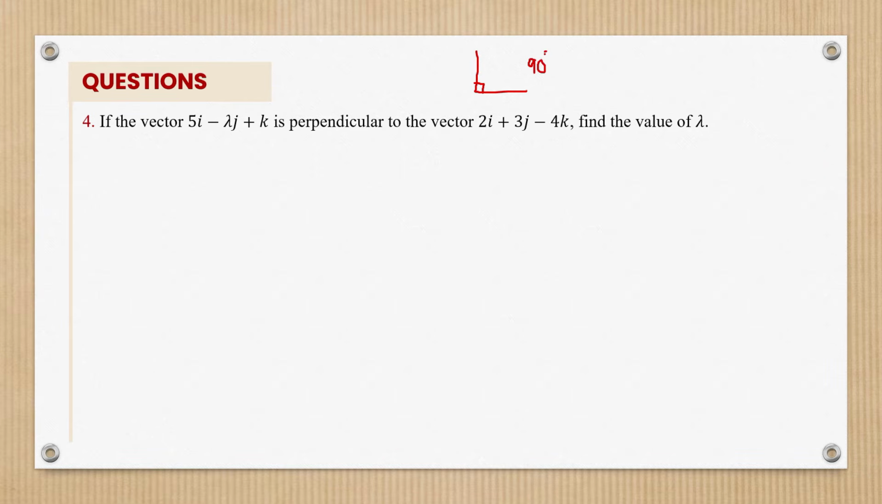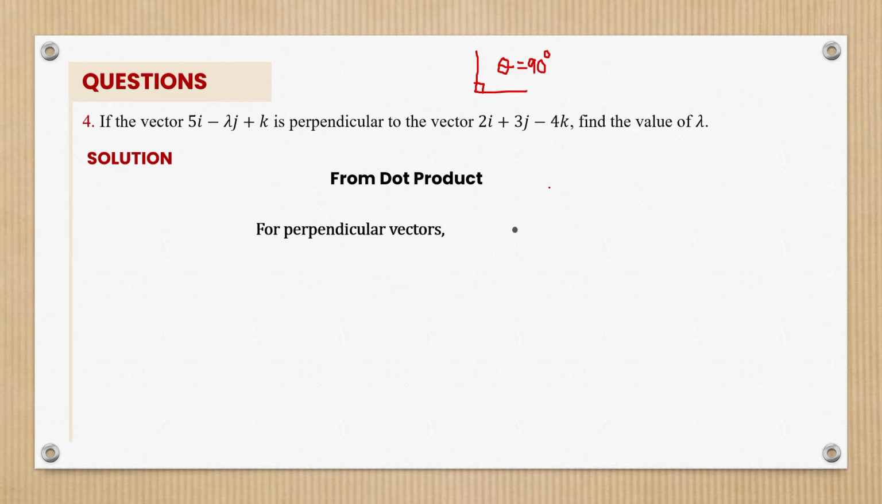So that means we have the value of theta already. So we know what theta is. If they're perpendicular to one another, then the angle between them is 90 degrees. So that means that from dot product, for perpendicular vectors, we're going to have a 0 on this other side. And how do we get a 0? That's very easy. Remember that if we have a dot b is equal to,